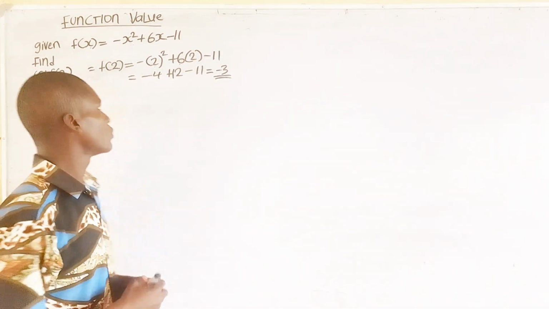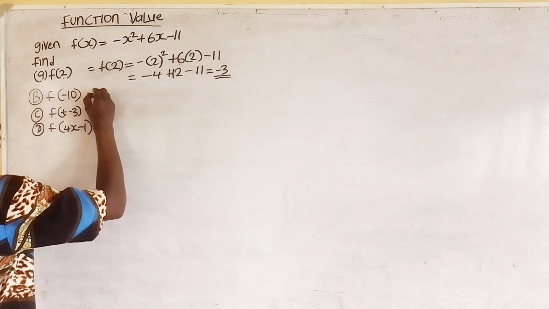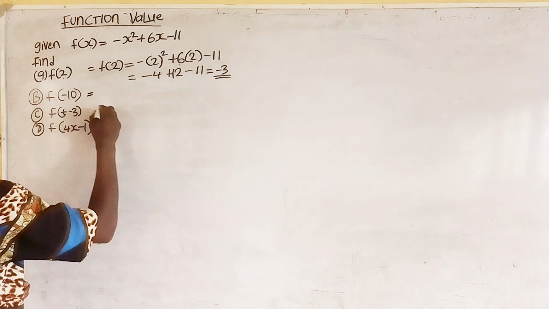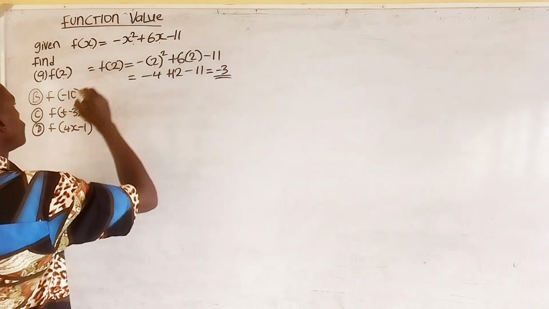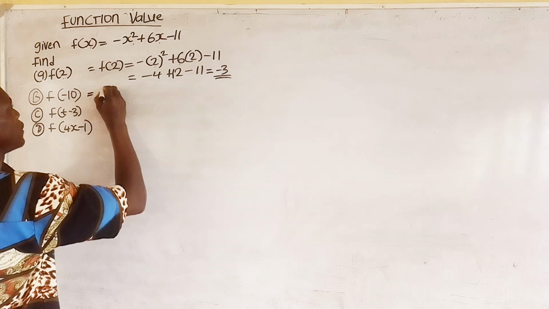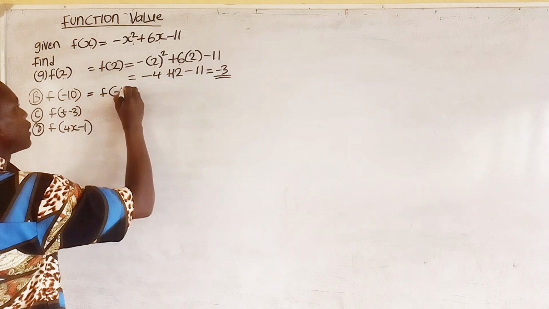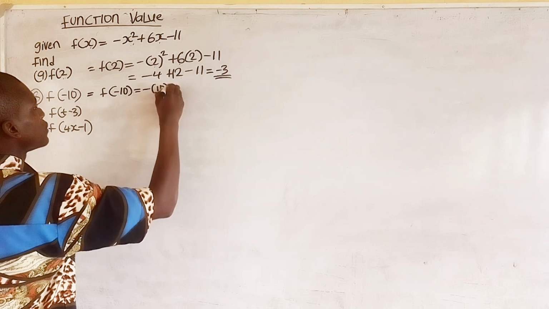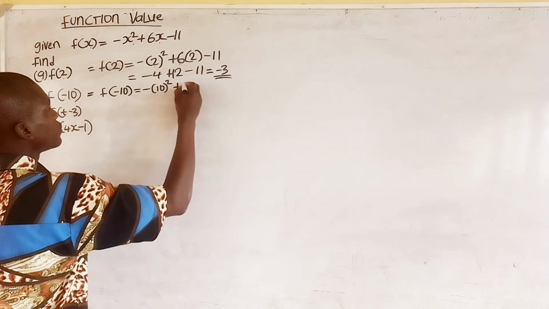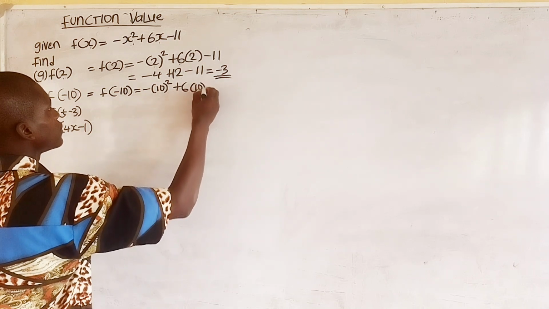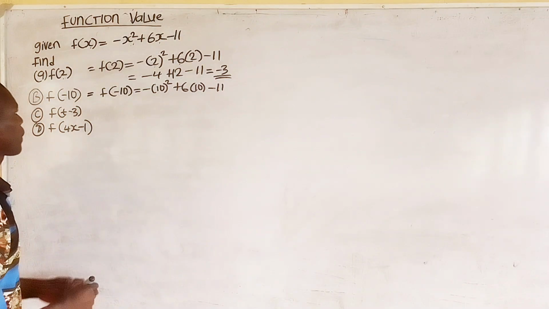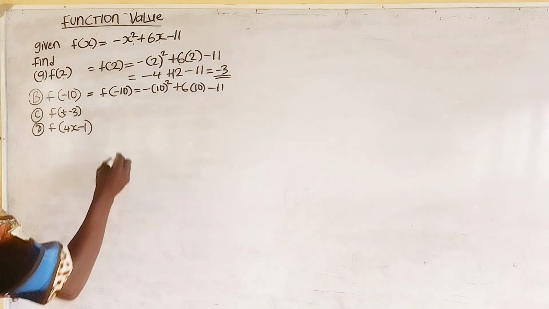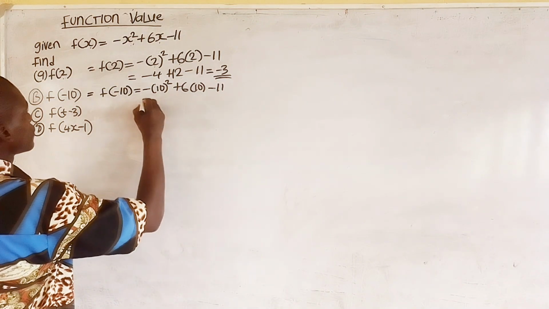Let's try the second question. Find f of minus 10. The same method. Replace x in this equation with minus 10. F of minus 10 will be equal to minus open bracket 10 squared plus 6 open bracket 10 minus 11. Let's continue. It becomes equal to